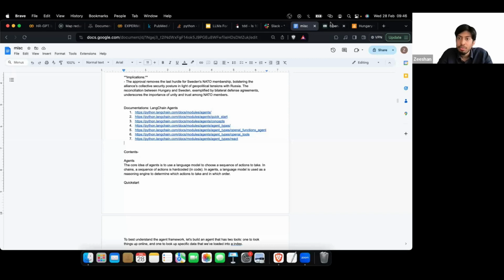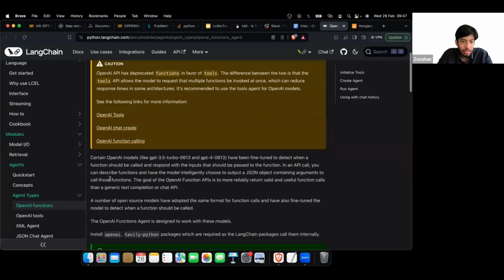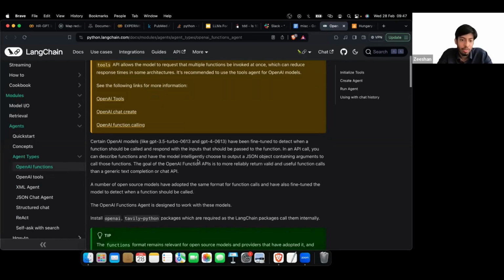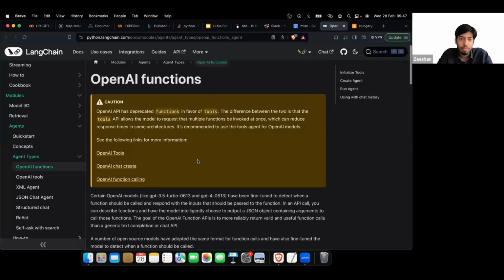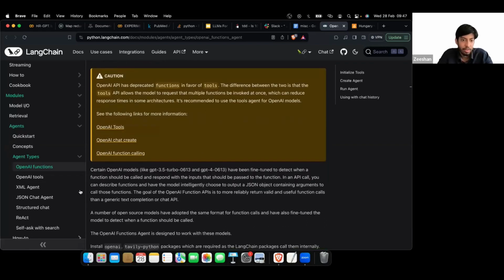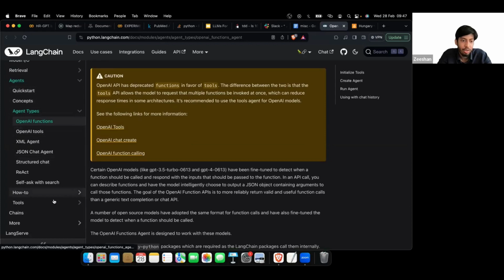If we want to produce a summary for this, it is really easily going to fall out of the context window of one particular LLM. So it's not possible to feed the entirety of this to one particular LLM. We can see that inside agent, some documents are there for quick start and concepts, and within that there are several agent types, then separate how-tos and tools.